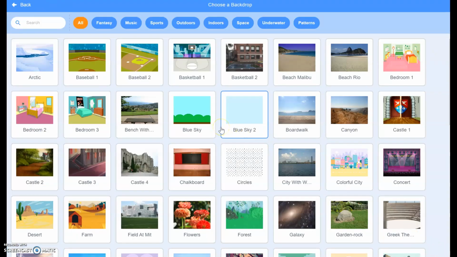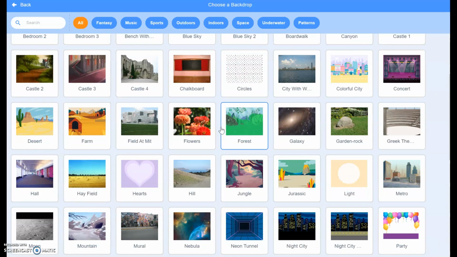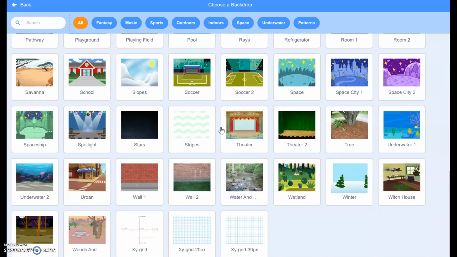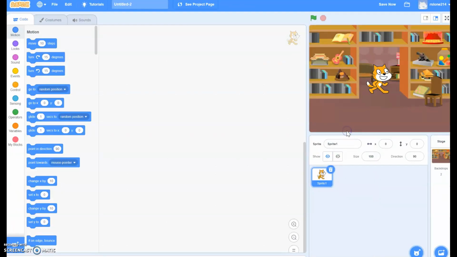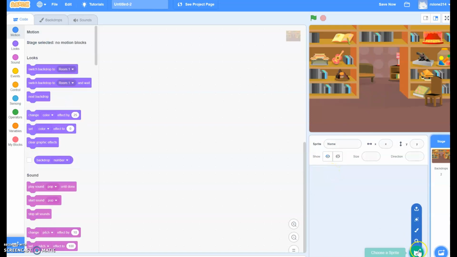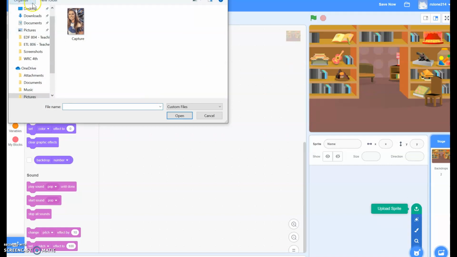so I went down here and picked a background, and I started, I think the school's really neat, but I started mine looking like it's a library. And then they have all these different characters that you can use, which I found that you can actually upload a picture of yourself. And so I took a screenshot of a picture of myself and